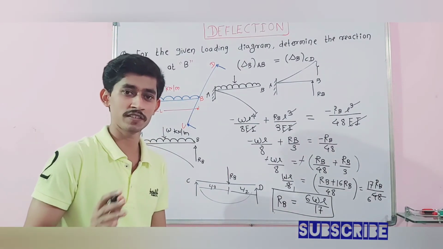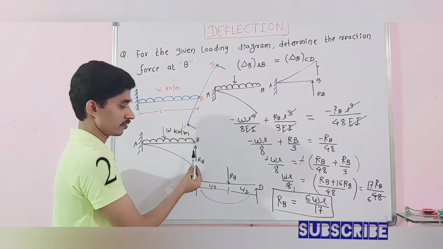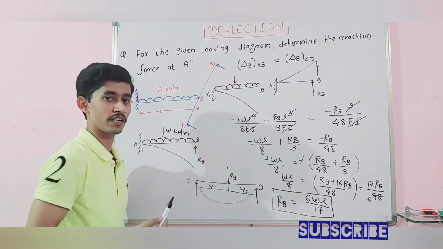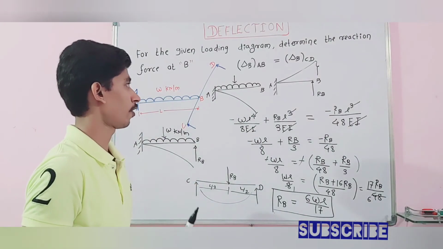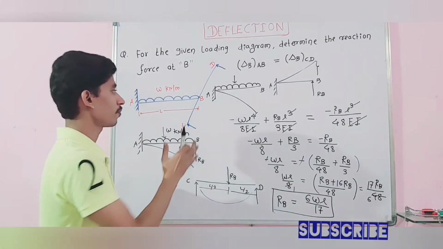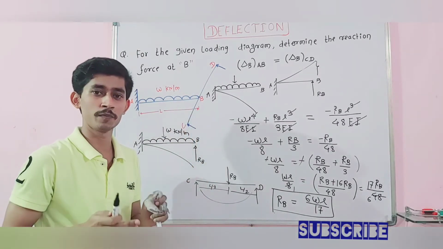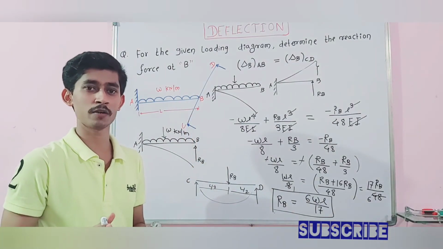So what is important? You have to take the directions, the load directions. That is the important thing in this concept. And what is the important concept? Why am I selecting this question? Because this is the important concept. So what is that concept? Deflection at point B must be zero. That you have to think first.